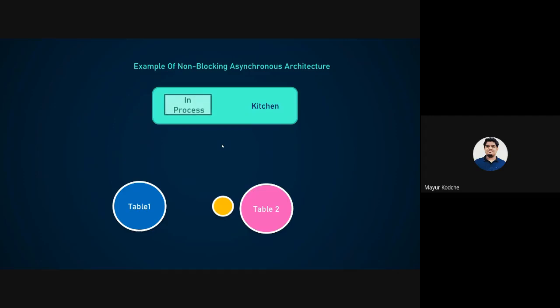While the chef is preparing your food, the guy sitting at table two calls the waiter, and the waiter goes there to serve his request. The waiter takes the order from table two and gives it back to the kitchen. If your food is prepared, then the waiter takes that food and serves it to you.